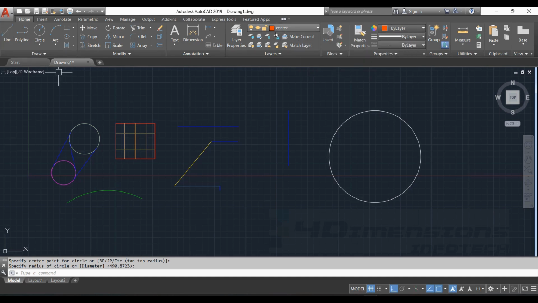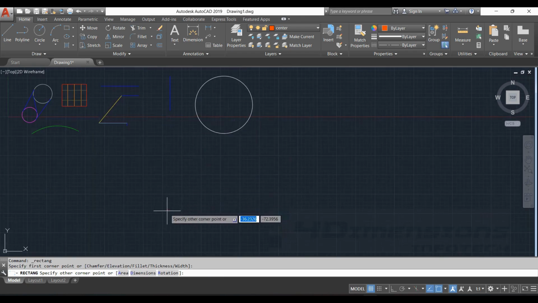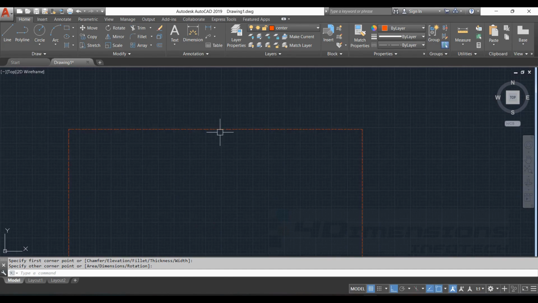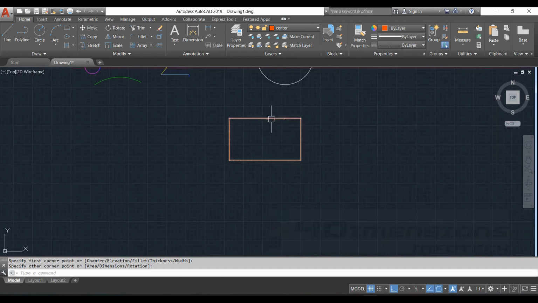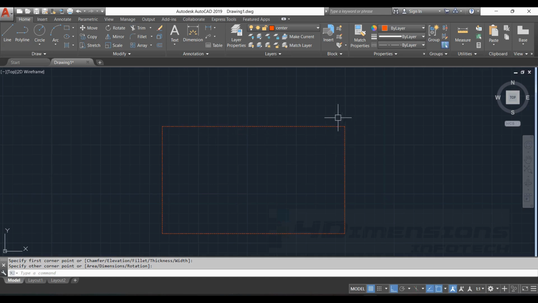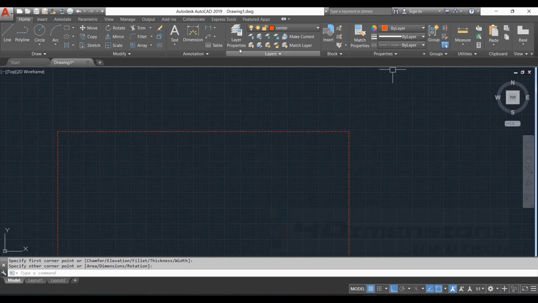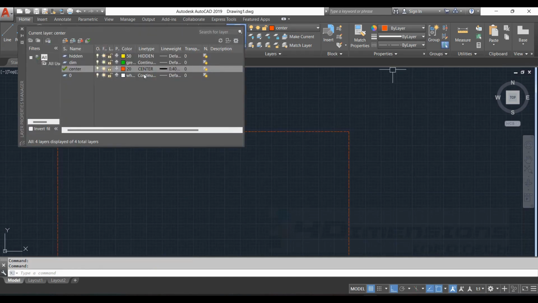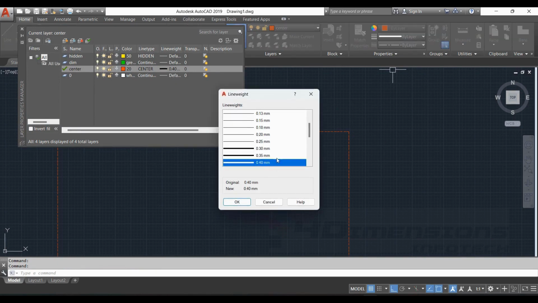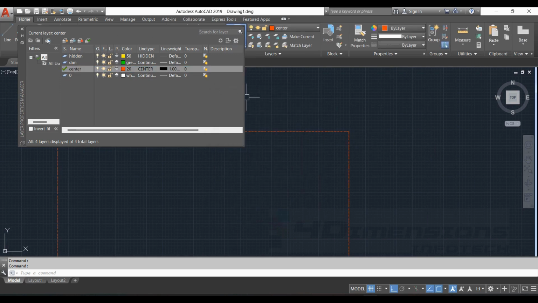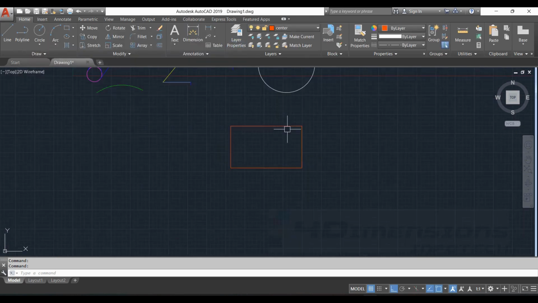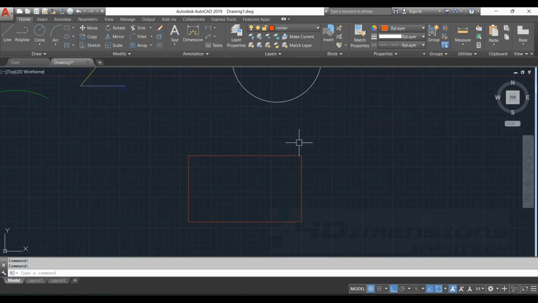So now, as the current layer is center line, we'll make the rectangle here. It will by default be made in center line only. You can see the line type is coming as center, and this rectangle has been made. If I want to increase the thickness a little bit more, select the layer, go for this thickness option, update it as 1 mm, say close, but still we can see it has the same thickness as the earlier